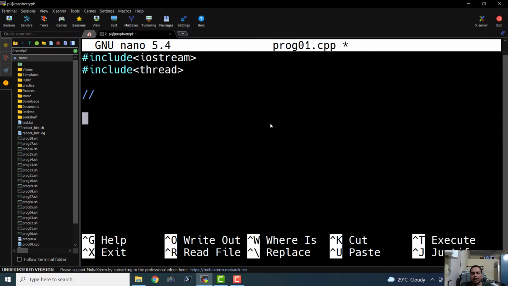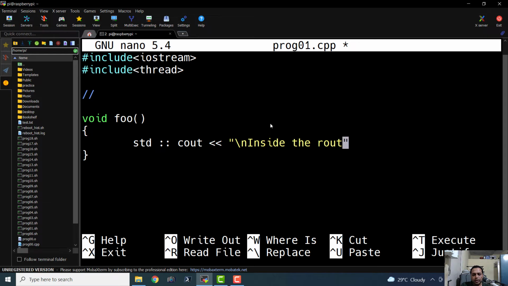Now let us write a couple of simple functions. void foo, and if I say std::cout, okay, so it automatically, I guess, added the double quote, and \n, inside the routine foo.